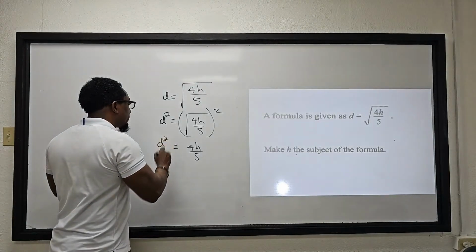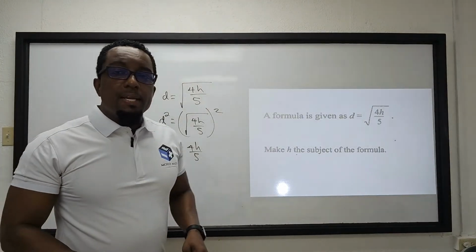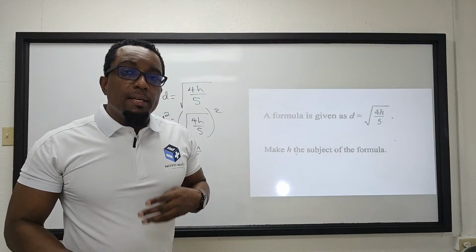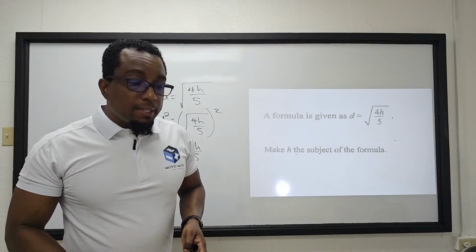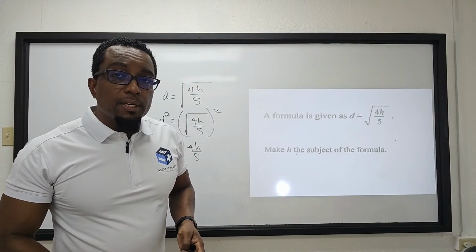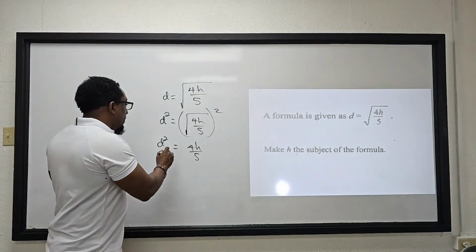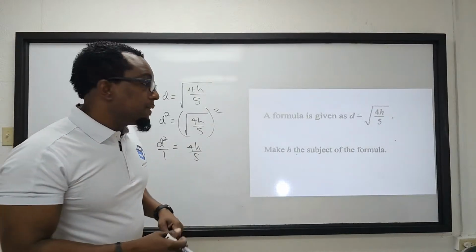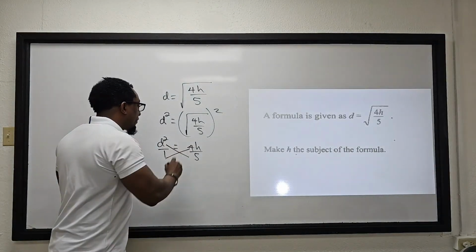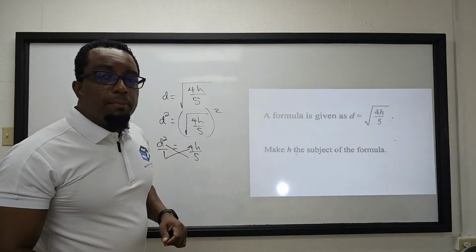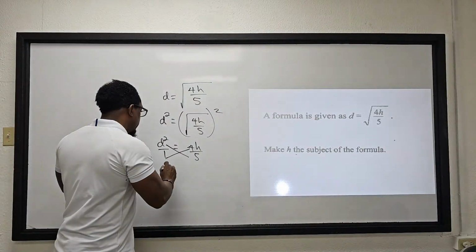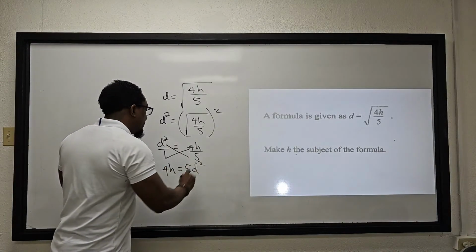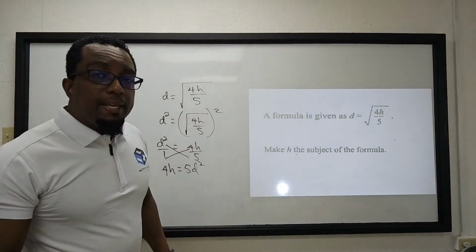Of course, I never solve or work with an equation or formula involving fractions. So the aim is to remove the fractions. So I'm going to put d² over 1, and to remove the fraction, we're going to cross multiply. So in cross multiplying, I'm going to get 4h = 5d²,